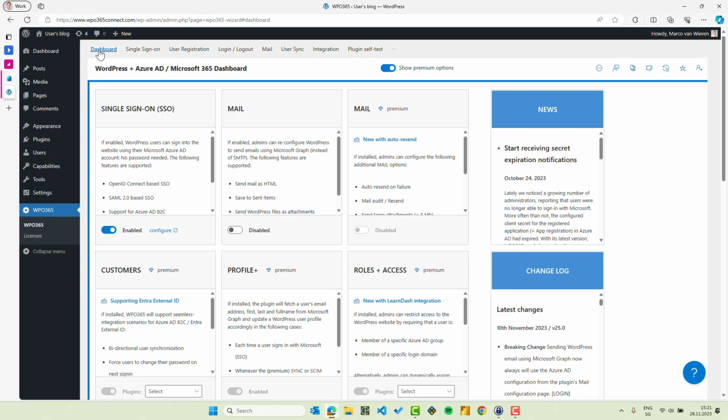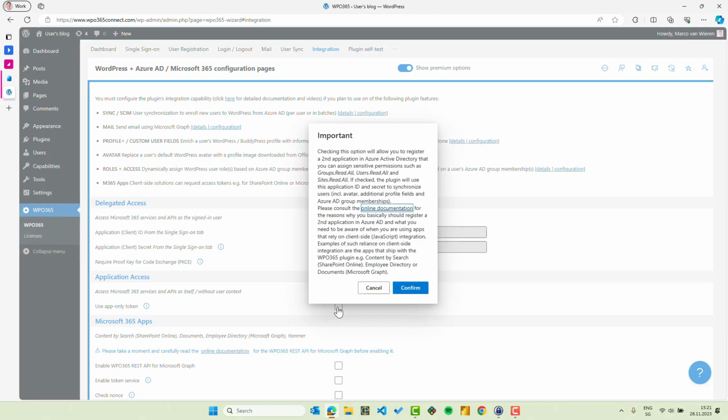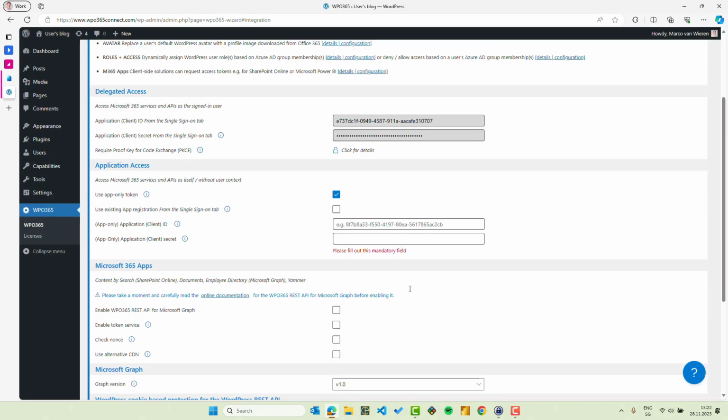To configure WPO365 to use application permissions is fairly simple. I would go to the Integration Configuration page. I scroll down to the section for Application Access and I will check the box to use app-only tokens. As soon as I have checked the option to use app-only tokens, I have the possibility to enter manually an